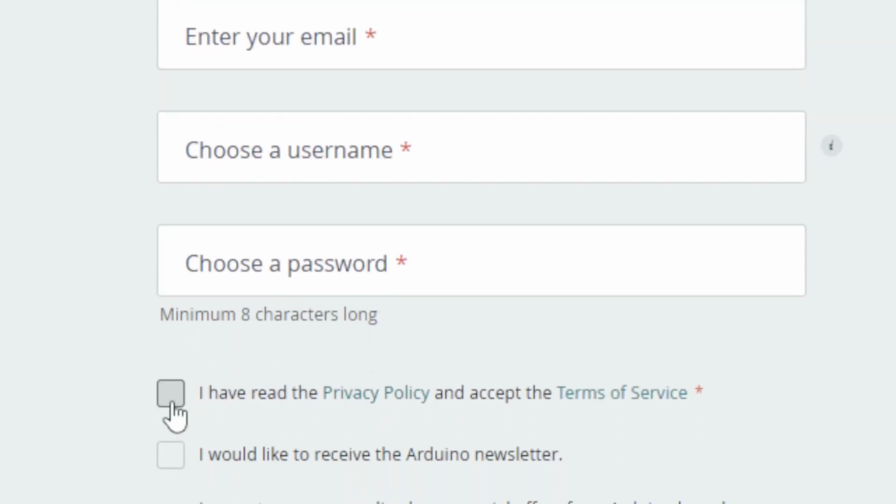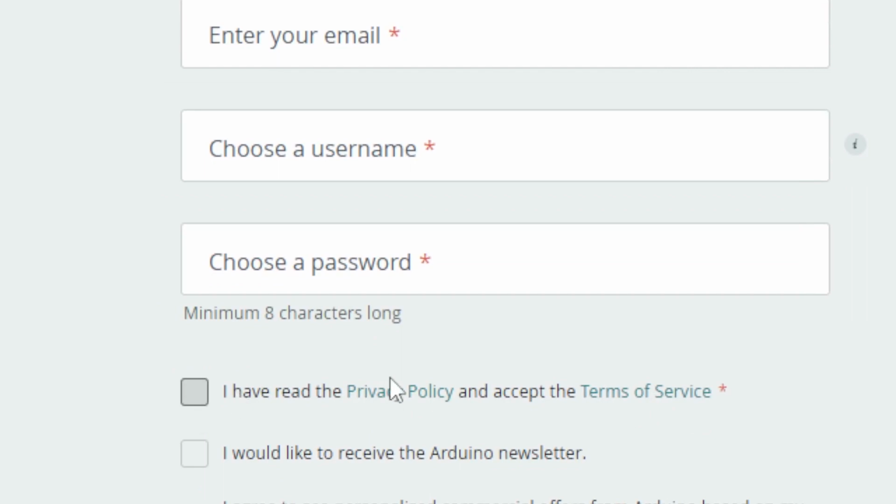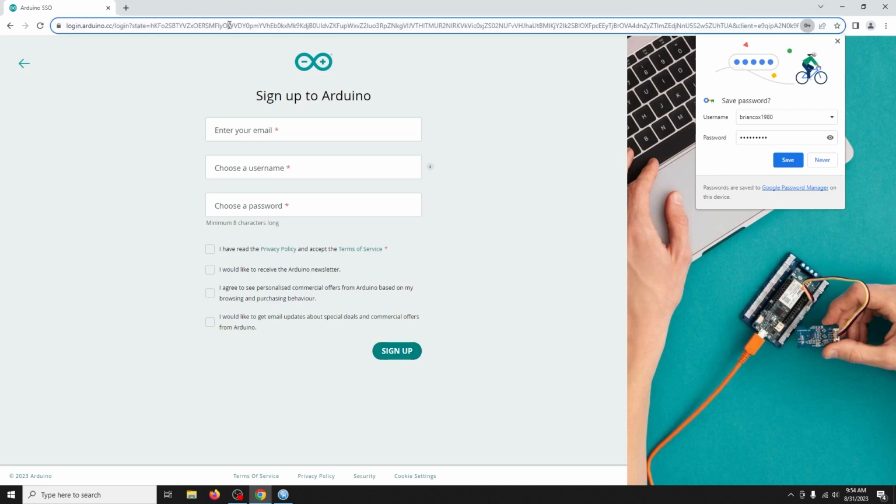And then we need to click on the agreements for the privacy policy and the terms of service. Once you enter all this information and click sign up, then go ahead and close out this window and you'll go to the email. The email that you received will have a link to activate your account. After you've activated your account and you close out that browser also, then we're going to go fresh to the